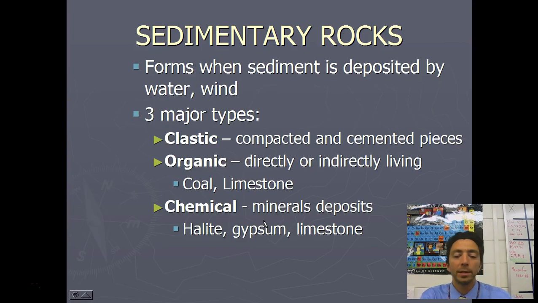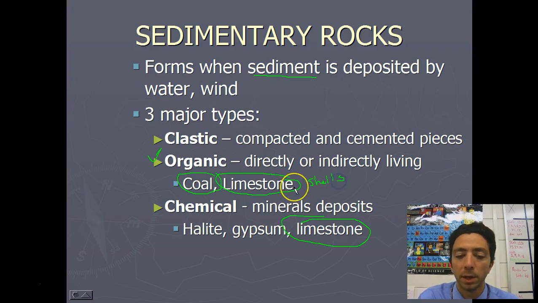And so whatever is dissolved or melted in this molten rock section of magma could be found in these igneous rocks. Sedimentary rocks are how they sound. They're formed when the sediment is deposited and kind of pressed into a rock. There's three main types here. Organic sedimentary rocks come from living things, and the big one here is like coal, and oil would come from living things, not necessarily a rock though. Limestone is very important for building purposes, and it could be either organic if it comes from shells, like coquina. If you've been to St. Augustine and seen the fort, those are coquina that they built the fort out of, and that's all limestone. Or it could also be chemically deposited limestone, which would probably be more like what you see in your house.